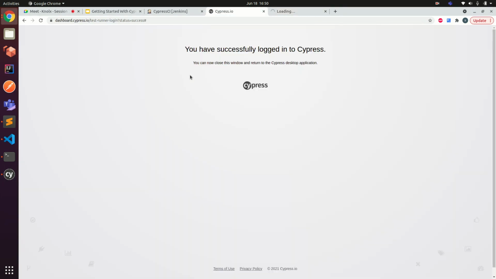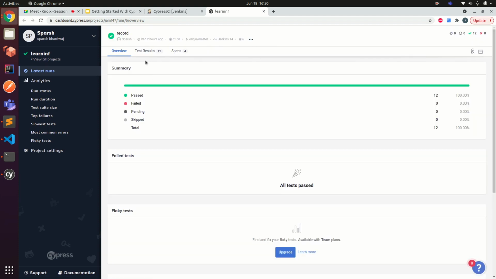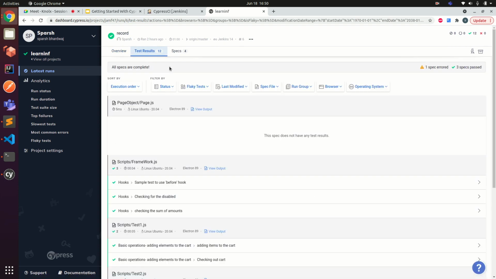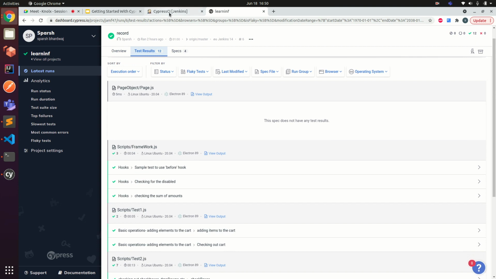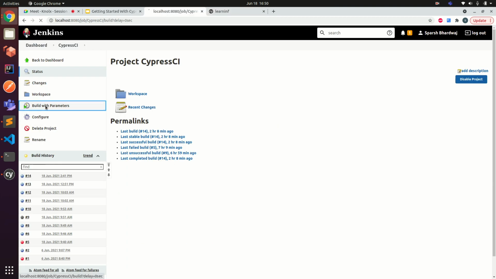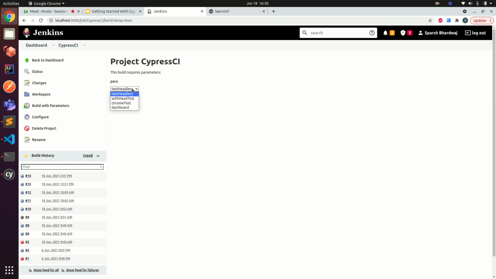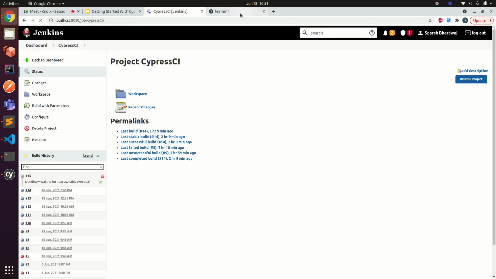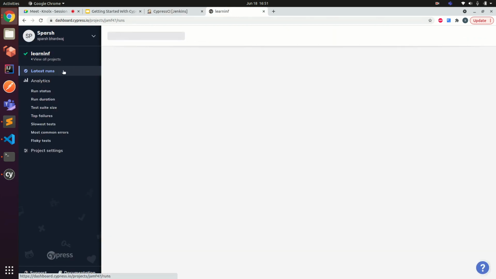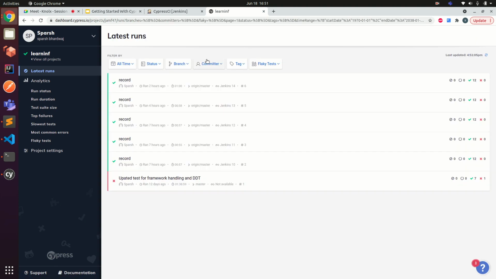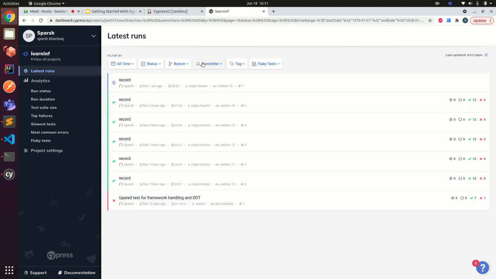So if I open the dashboard now, you can see that we have 12 test cases here, and let me run it from the pipeline only.